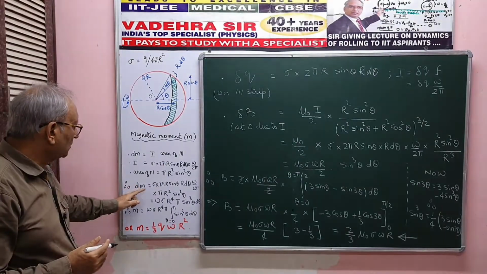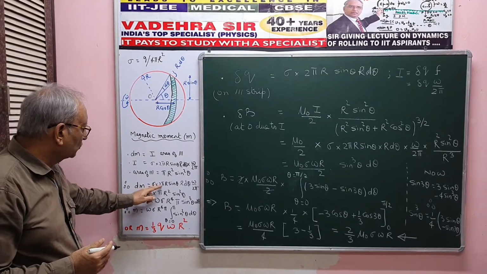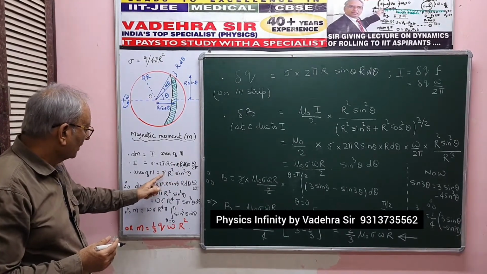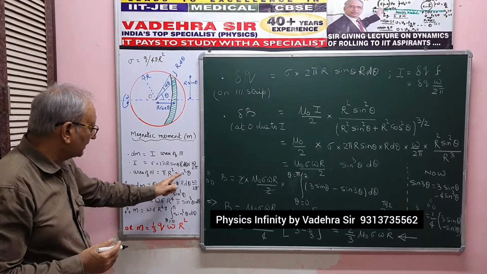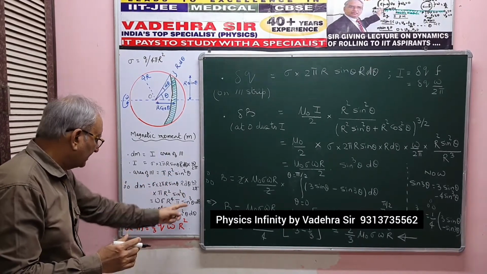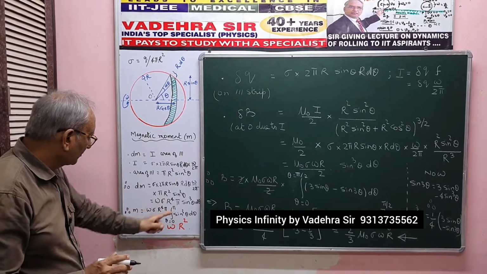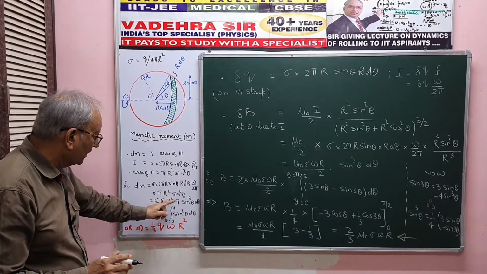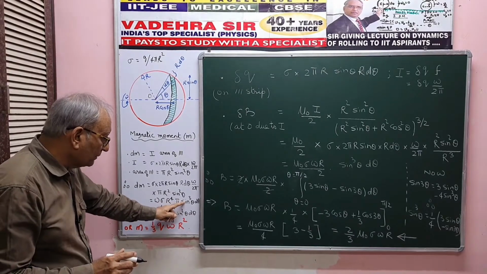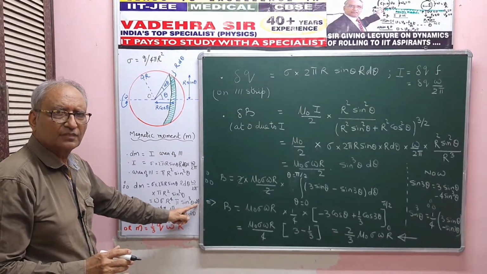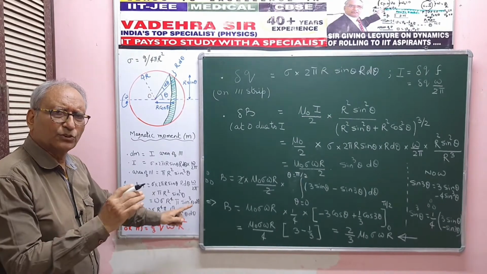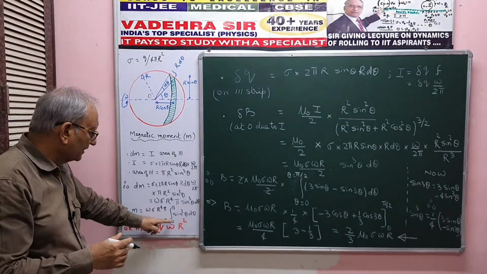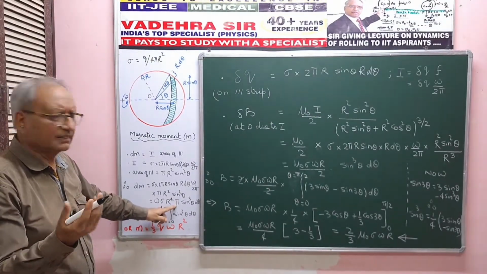So dm is equal to all this, sigma into 2 pi r sine theta r d theta, all that multiplied by the area of the shaded ring, pi r square sine square theta. Simple maths, adjust it. I have already done that for you. It becomes a neat figure, omega sigma r to the power 4 pi sine cube theta d theta. And now I do the integration. I can do 0 to pi by 2 and then twice, or straight away I can integrate 0 to pi. The 2 factor is taken care of.